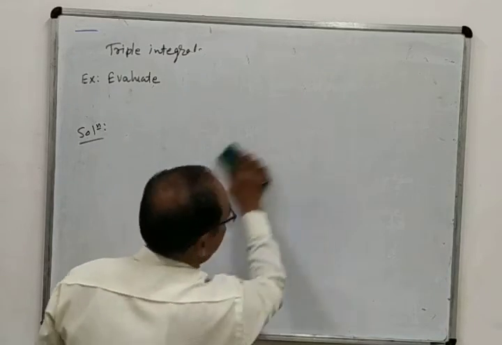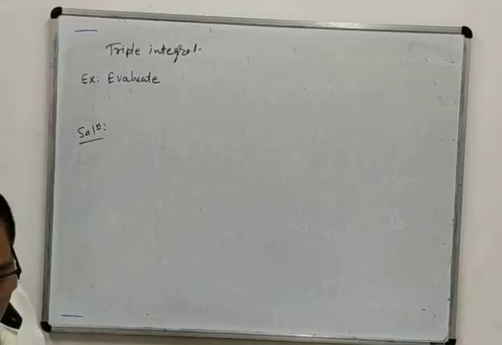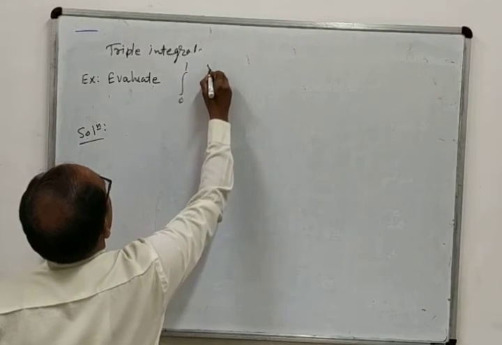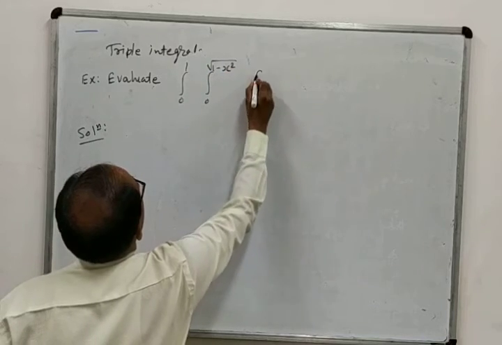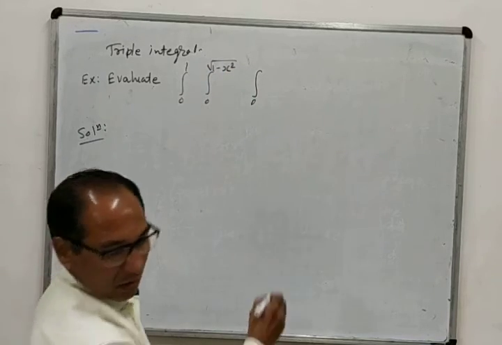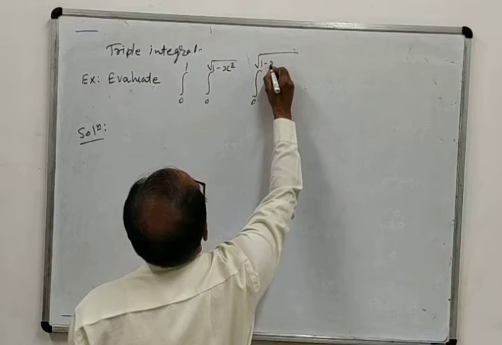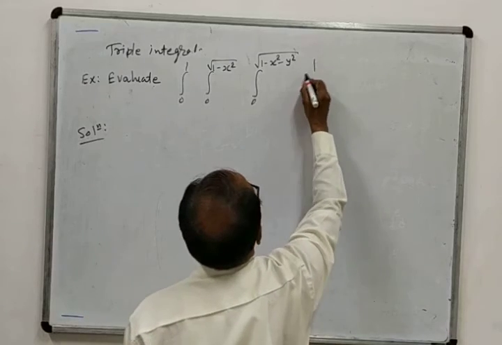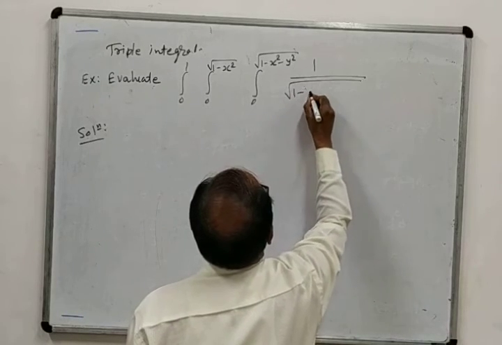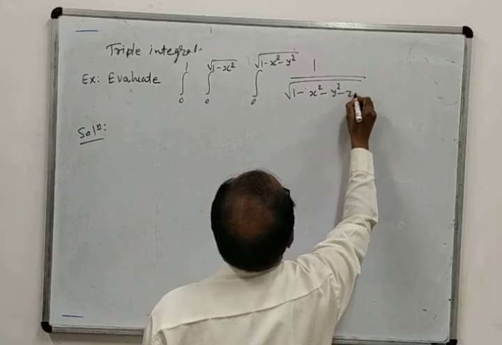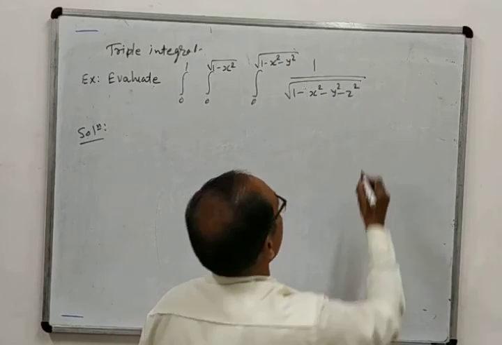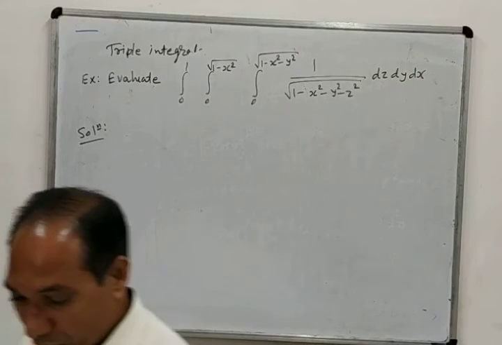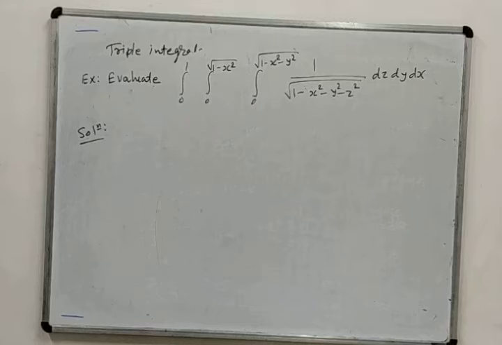Now let us see one more example. Evaluate integration 0 to 1, 0 to root 1 minus x square, 0 to root 1 minus x square minus y square, and the function is 1 upon root 1 minus x square minus y square minus z square, dz dy dx. Before solving this problem, I would like to say that in the last problem